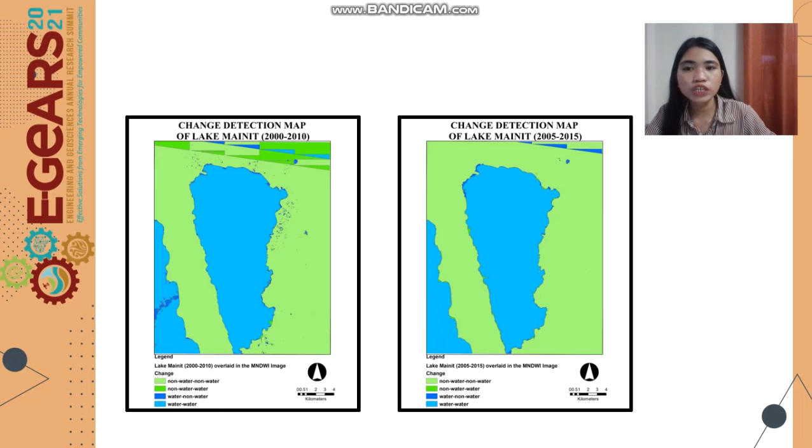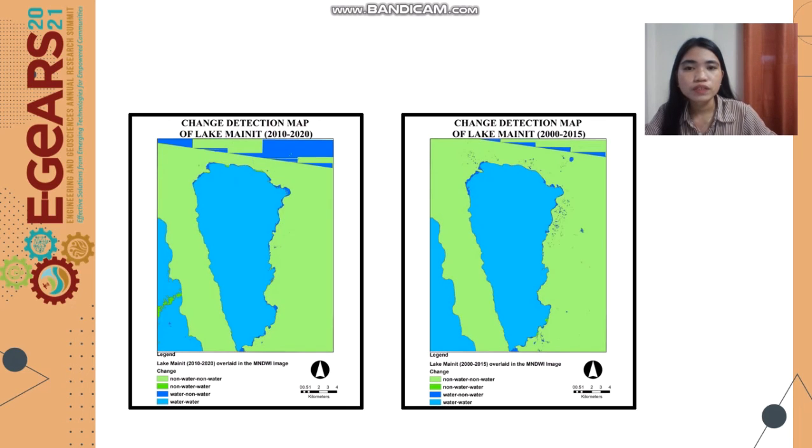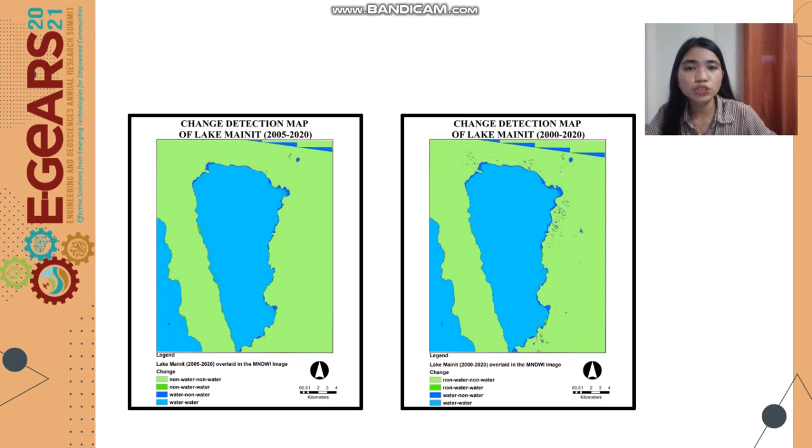These were the change detection maps of Lake Mainit between 2000 and 2010 and in between 2005 and 2015. The change detection maps of Lake Mainit between 2010 and 2020 and in between 2000 and 2015. Then the change detection maps of Lake Mainit between 2005 and 2020 and between 2000 and 2020.